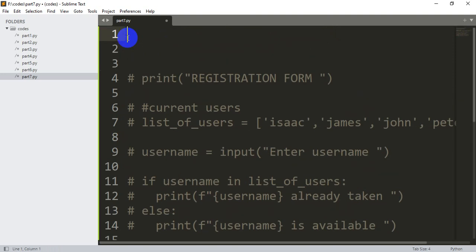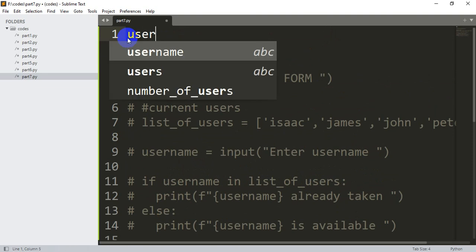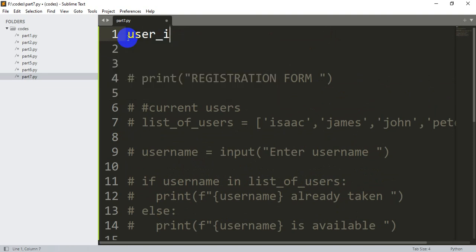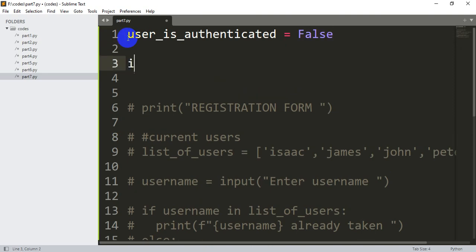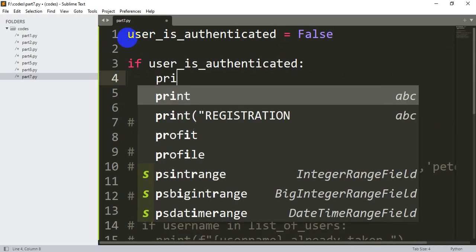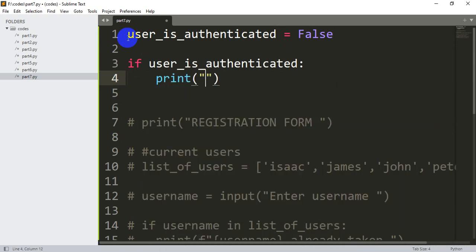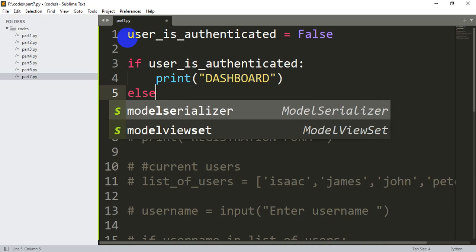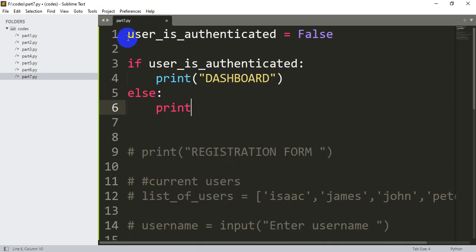You may also have a case where a user is logged in or not. So I can say user_is_authenticated, or you can say login. Let me just use authenticated equals false. So I will say if user is authenticated, I will print dashboard. Else, I will print